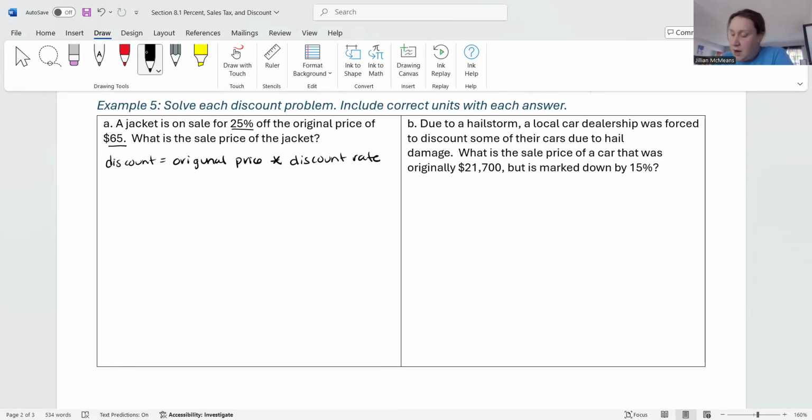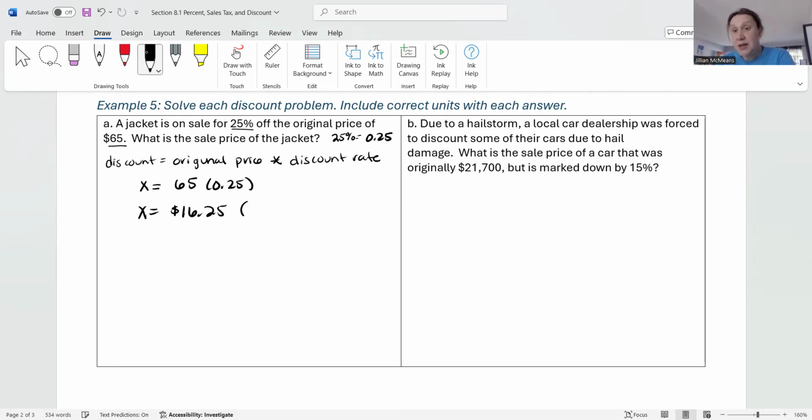So the discount, that's going to be our X, that's the piece we don't know, is going to be equal to the original price of the jacket, which is $65, times some discount rate, okay? Well, our discount rate is 25%. And remember, to take a percent and write it as a decimal, we move the decimal to the left twice and then drop the percent symbol. So this would equal 0.25. So we want to take the original price of the jacket and multiply it by 25% in decimal form. You can do that on a calculator. So 65 times 0.25, I get X equals